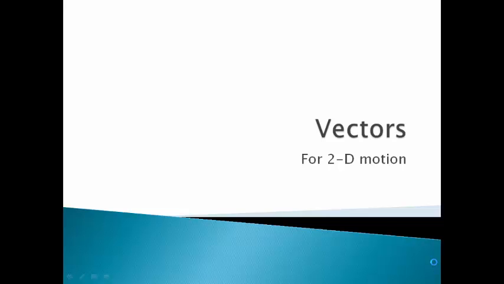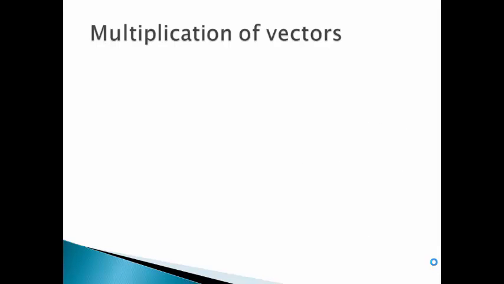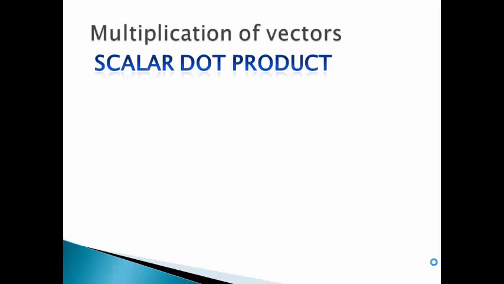Vectors for two-dimensional motion. In this video, we will have a look at multiplication of vectors. The first kind of multiplication of vectors is called scalar dot product. When you multiply two vectors and the resultant quantity is a scalar quantity, then such a product is called as